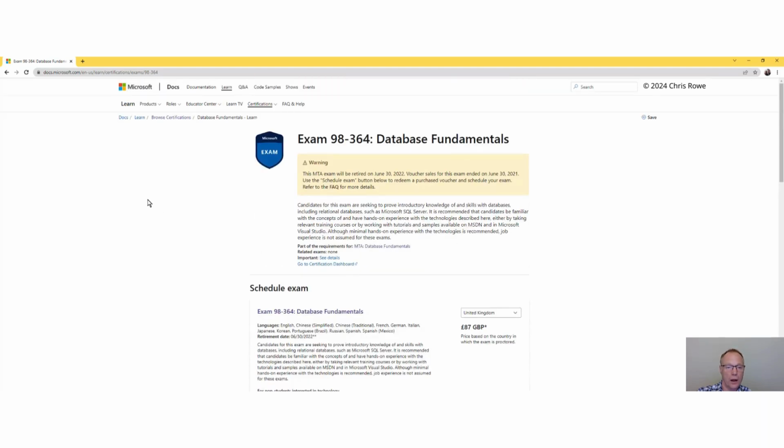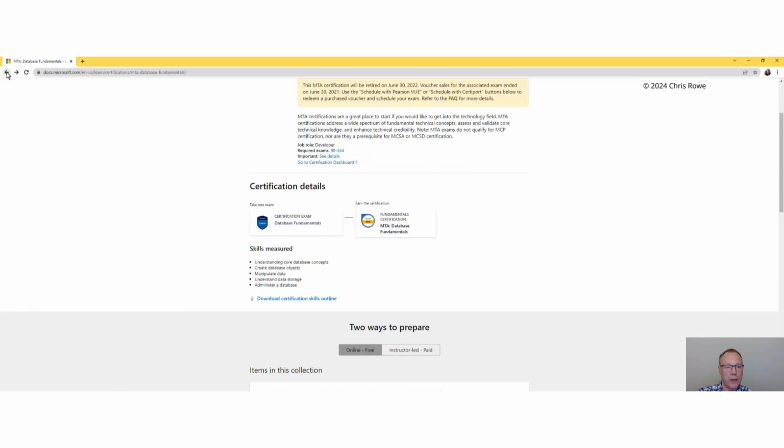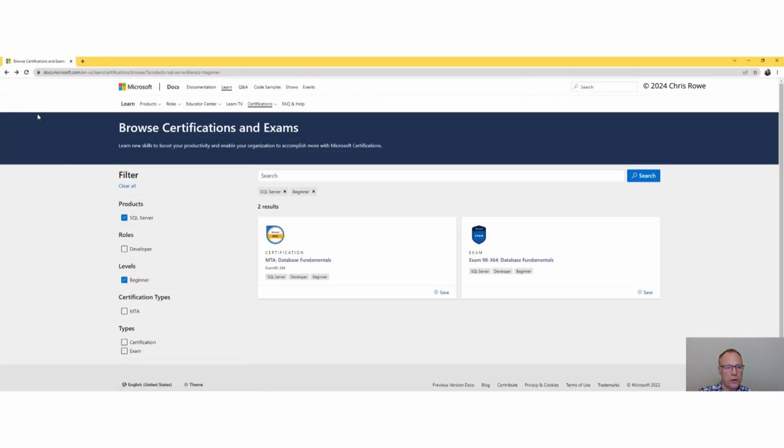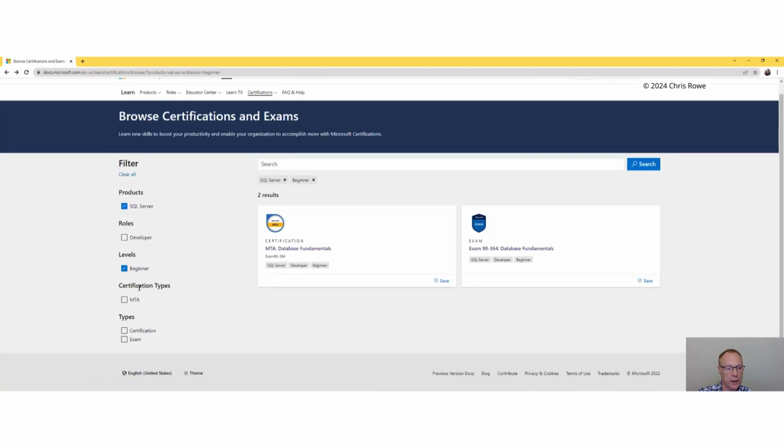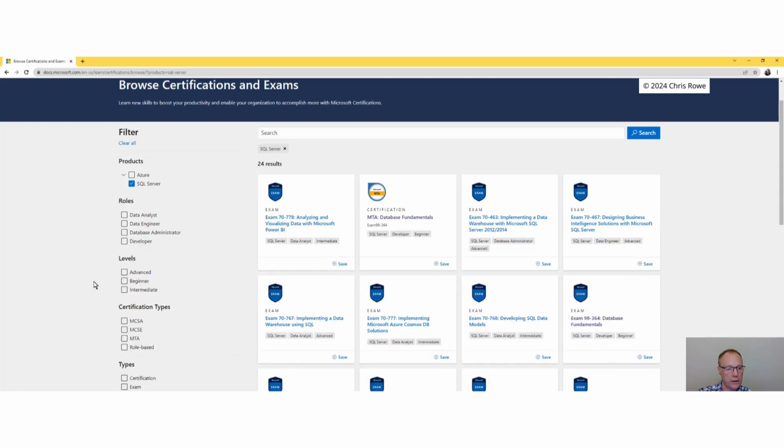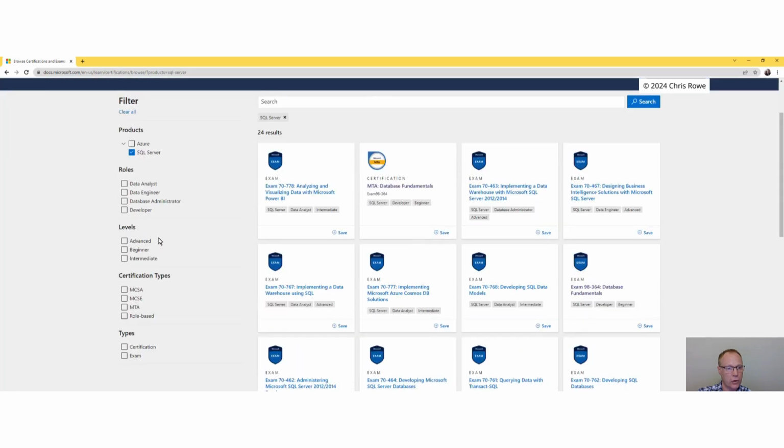Now, that is all about the courses on offer. We're going to head on back quickly to just show you some of the different levels. That's your beginner. Here's the different roles it covers. You'll be looking at developer or data analyst. We'll have a very quick look through the others.